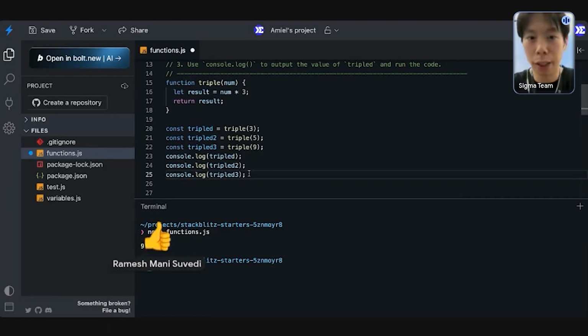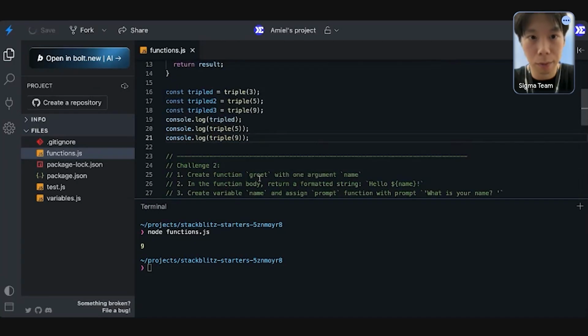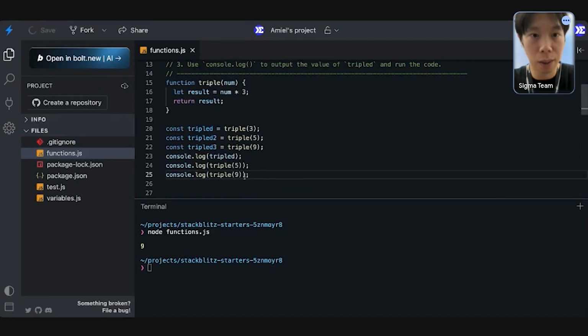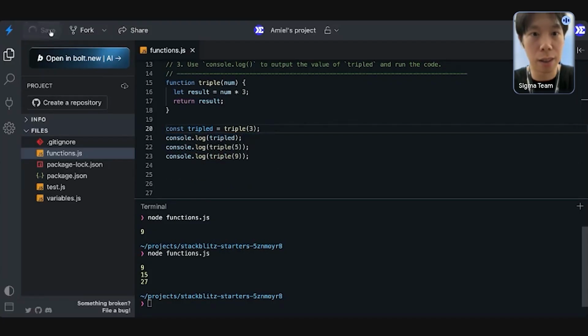Or if you want a shortcut, you can do it this way. Oops, there we go. Now let's run my code again.